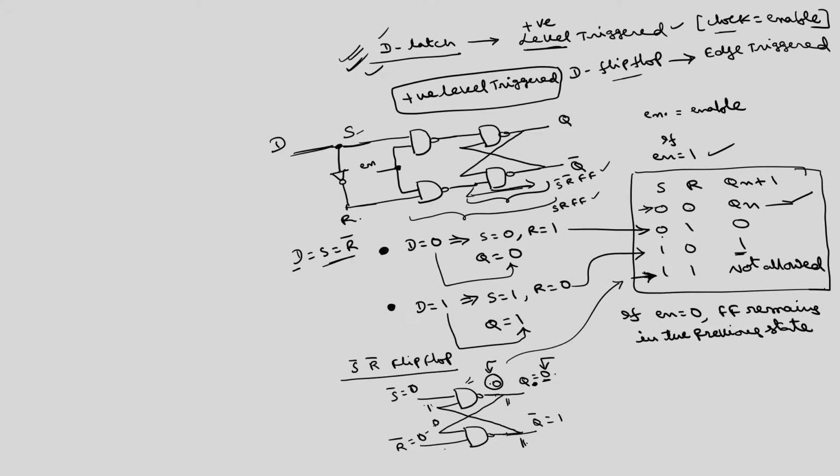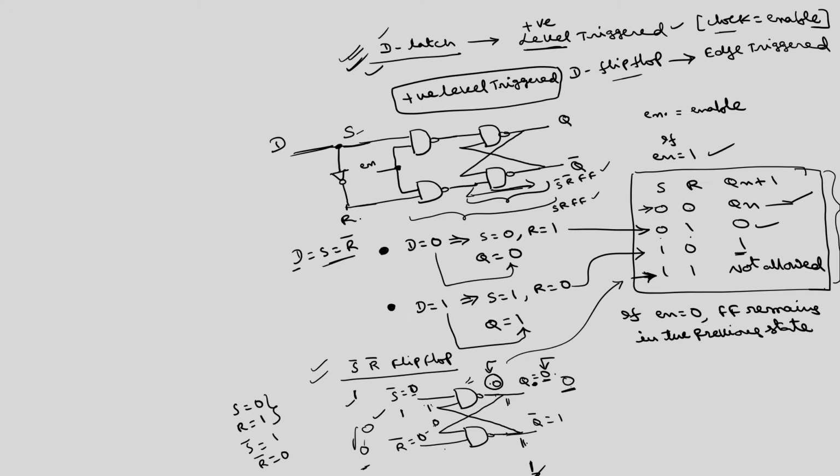And similarly, if I give S is equal to 0, R is equal to 1, S bar becomes 1 and R bar is 0. So, this is 1, this is 0. If this is 0, this is 1, because for a NAND gate if one input is 0, the output is 1. So, this second input is 1. This 1 1 will give 0. This 0 is tied here again, 0 0 becomes 1. So, the output remains Q. You can easily verify that the same truth table is valid for this S bar R bar flip flop also.